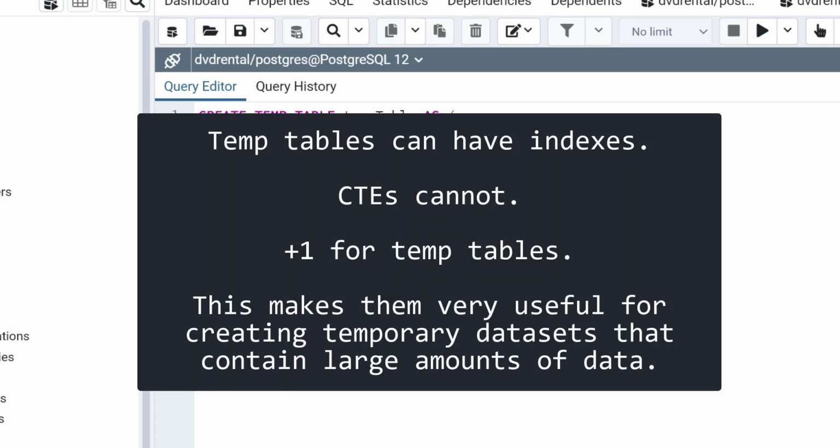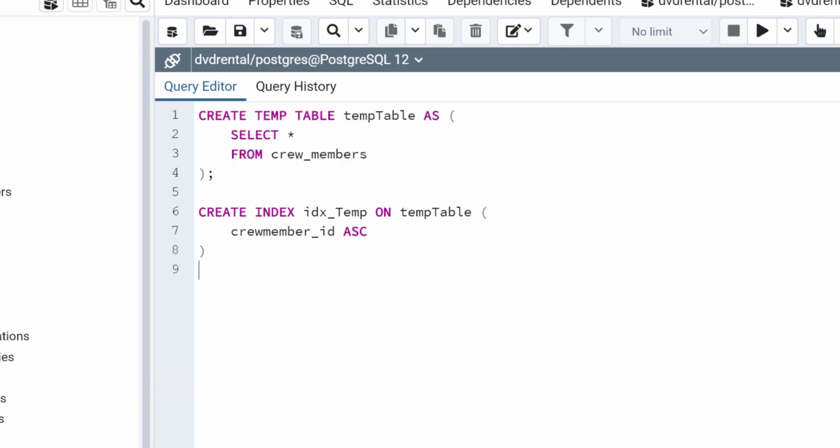And this is where temp tables have that advantage over CTEs. I can't put an index on a CTE, but I can put one on a temp table. For example, if I was to load up a temp table with a huge amount of data, like hundreds of thousands or even millions of rows, taking the time to put an index on that temp table can yield performance benefits for my queries that could save valuable time, many seconds or even minutes, when I execute the queries with that temp table. Temp tables with indexes can be very advantageous over CTEs, especially when dealing with large amounts of data.